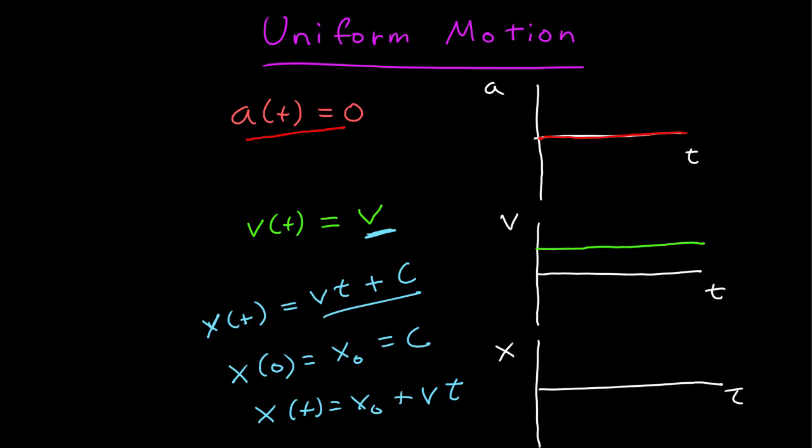So be careful that this plain v here, we just use a v without subscripts or superscripts or anything else just for simplicity, but it represents just some number, whatever the constant velocity is. So the position is also a straight line. It starts with some initial position, whatever that happens to be, and then it has some slope